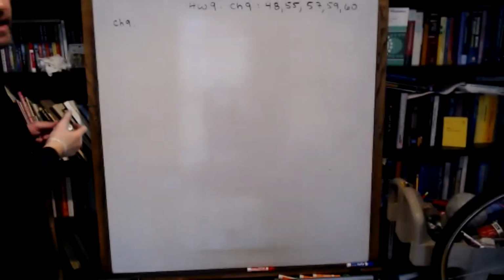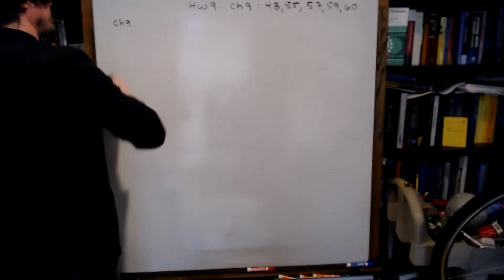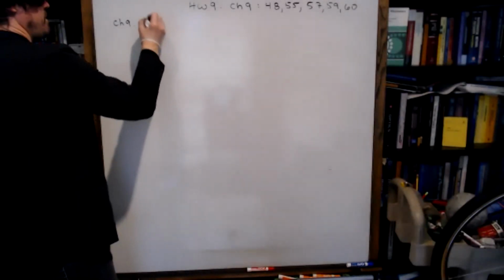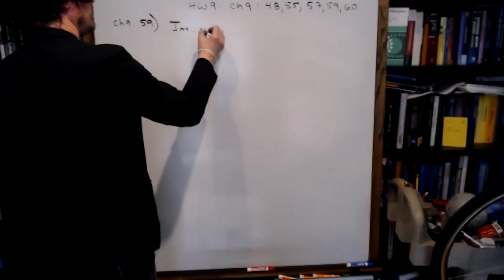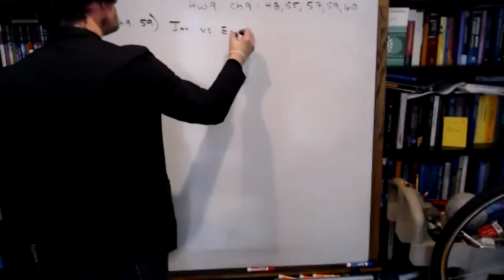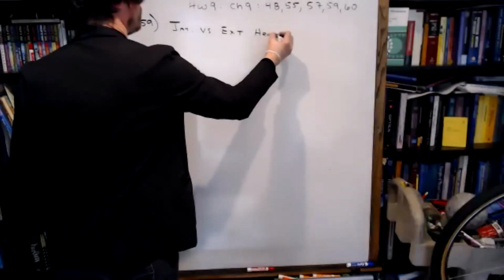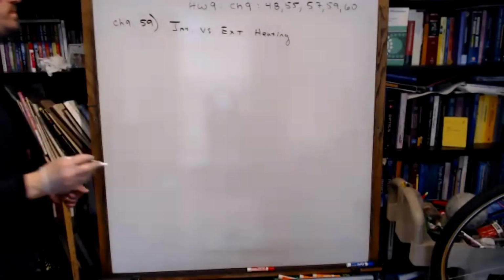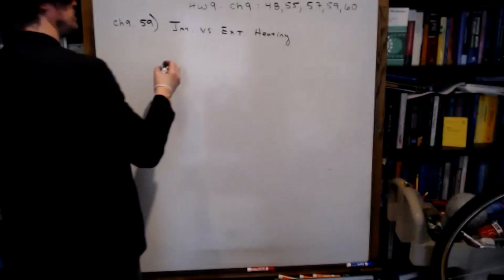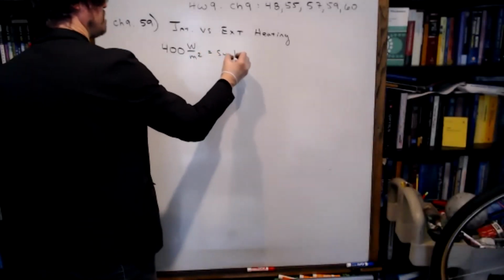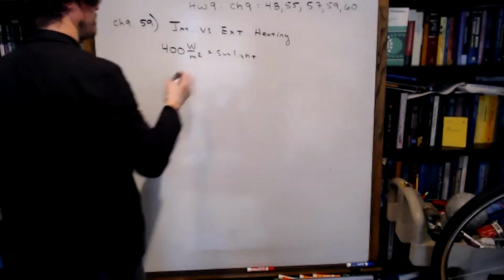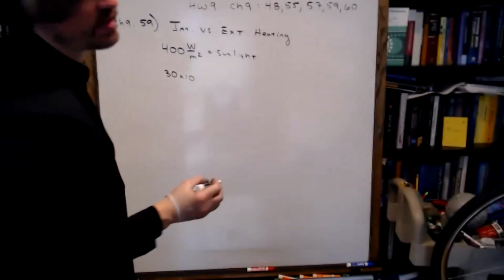Okay, 59. Hit me. It's called internal versus external heating. In daylight, Earth's surface absorbs about 400 watts per square meter. Earth's internal radioactivity produces a total of 30 trillion watts that leak out through our planet's entire surface. Calculate the amount of heat from radioactive decay that flows outward through each...